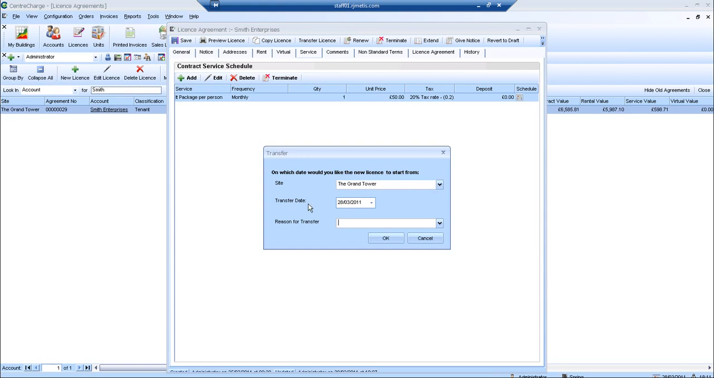We select the transfer date. This is a very important date. This is the date that the rent is effective from in the new office. So in this case, they will be taking occupancy of the new office on the 25th of April. So I simply select the 25th of April here